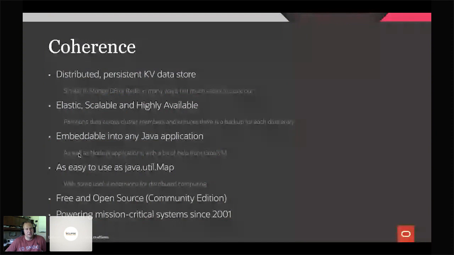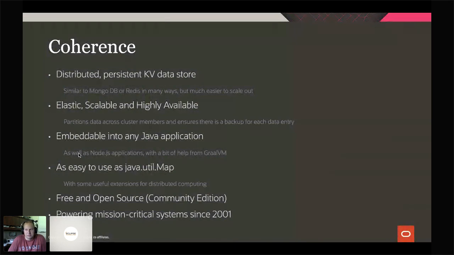And then Coherence at a high level, you can really think of it as a distributed persistent KV data store. It's kind of similar to MongoDB or Redis. It can be used for the exact same types of applications, but it is much easier to scale out. I mean, there is a major difference between some of these technologies. While the features are the same,